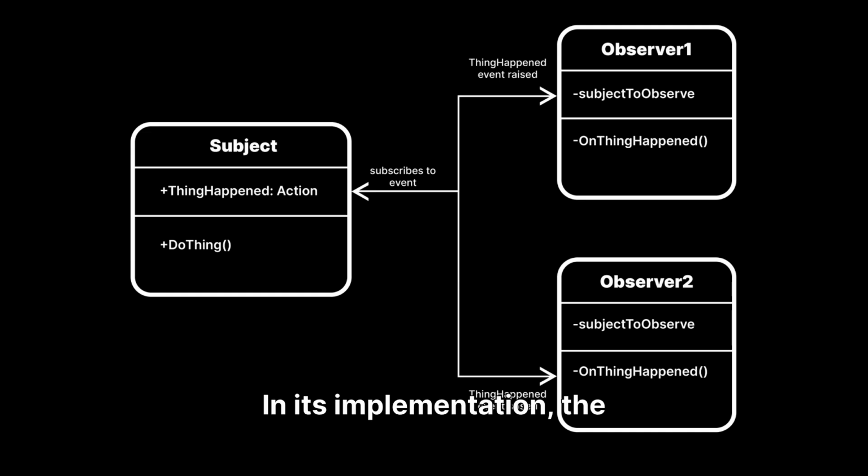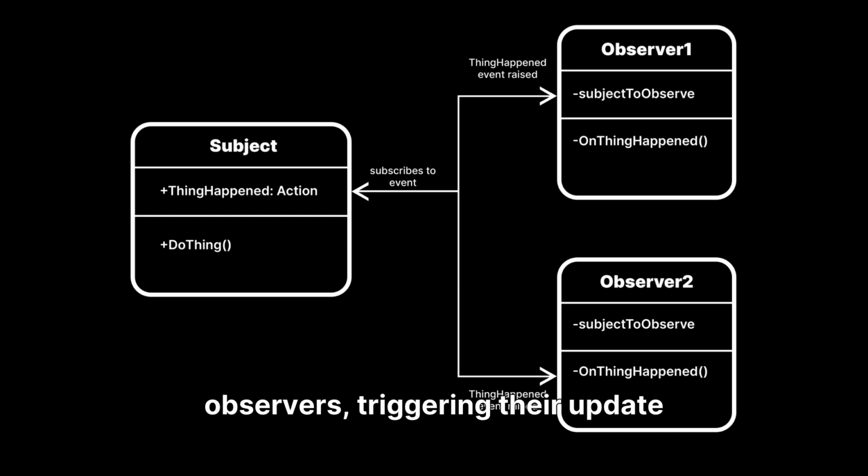In its implementation, the subject maintains a dynamic list of its registered observers. It also provides methods to allow observers to add themselves to or remove themselves from this list. Crucially, whenever the subject's internal state changes, it iterates through its list and notifies all registered observers, triggering their update